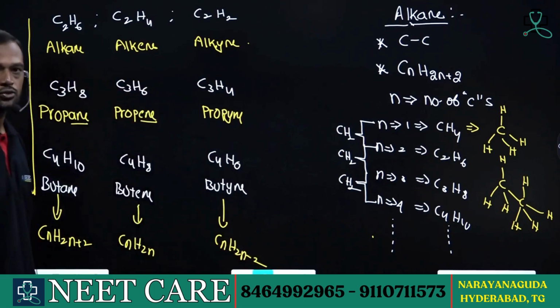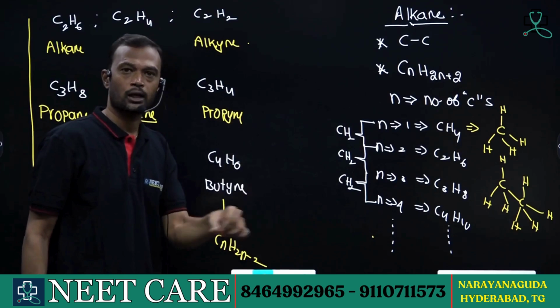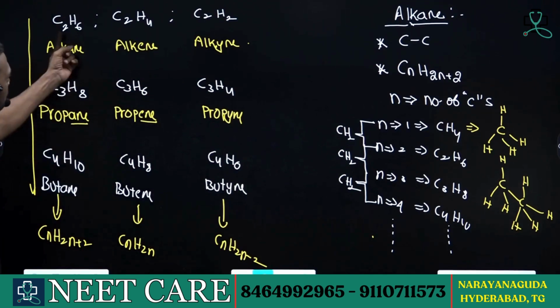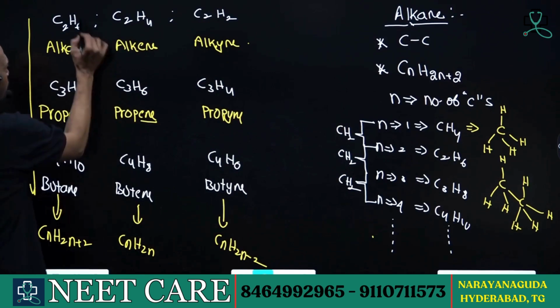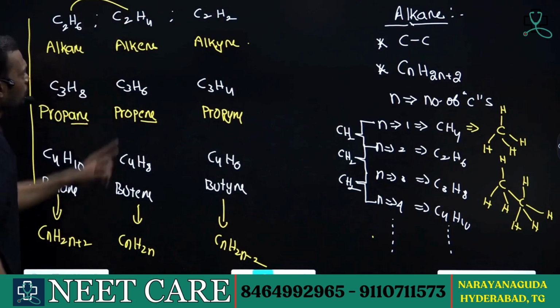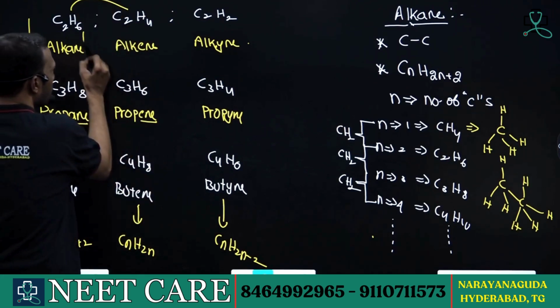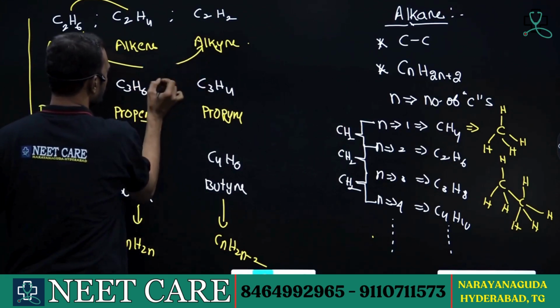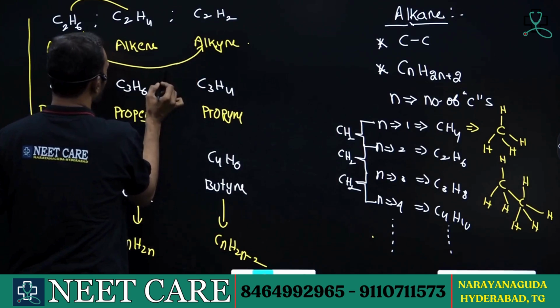So the degree of unsaturation helps to determine how unsatisfied the molecule is. Now if you compare the hydrocarbons with the same number of carbons but different hydrogens, and see the difference between these two, how many hydrogens are less here? If I remove 2 hydrogens, you will get this one. And if you compare from alkane to alkyne, if I remove 4 hydrogens,